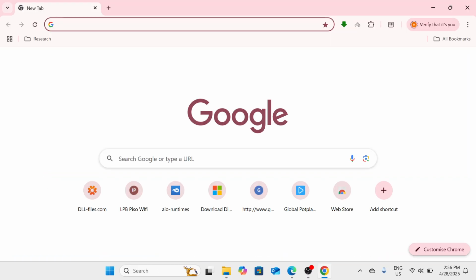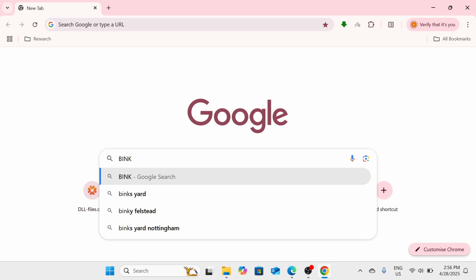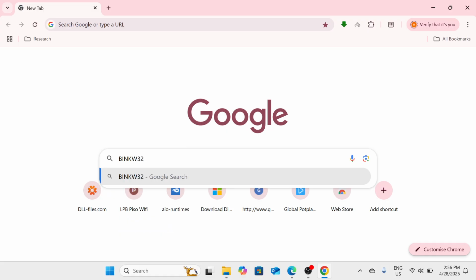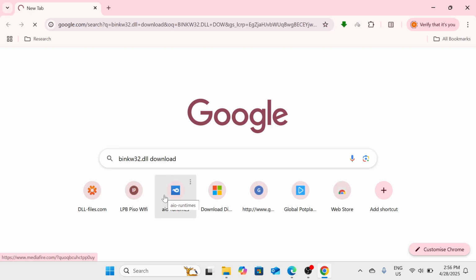So once the browser is already open, all you need to do is just to go to the search tab, and there you need to type binkw32.dll space download, just like this one. Now once you click on this one, you will be getting all sorts of search result. So you need to scroll down and download the first available version. Now once you have already downloaded it, we need to extract the zip file,